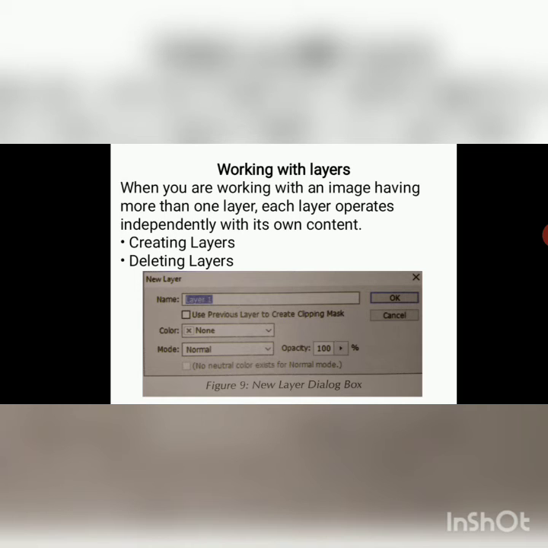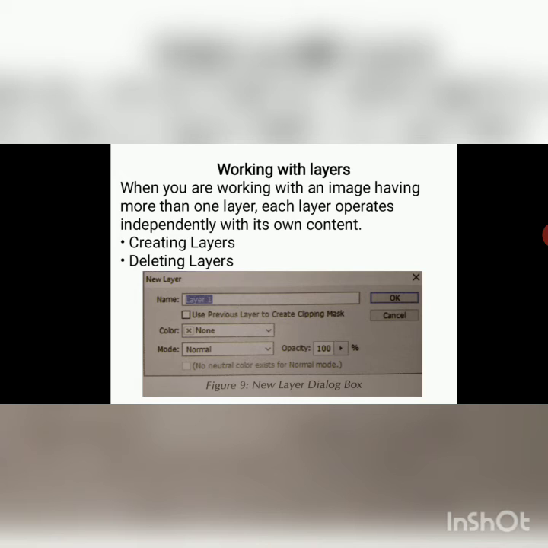You can insert a number of layers and also delete a layer, copy a layer, rename a layer, and all the layers provide individual editing facility. Each layer operates independently with its own content.